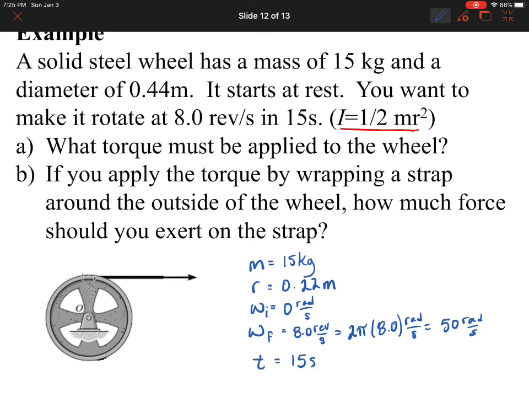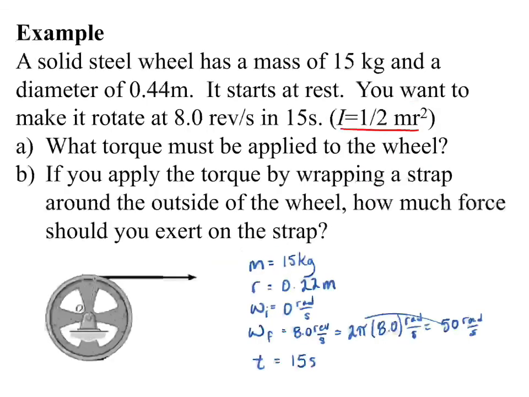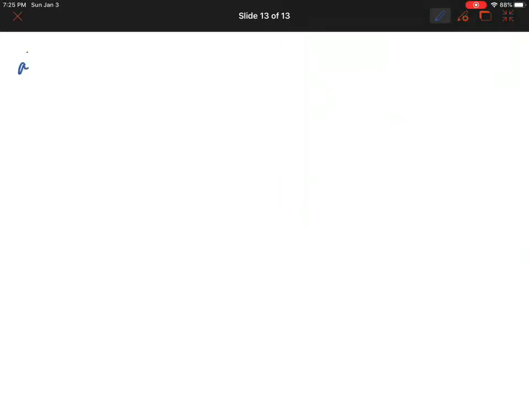Okay, so we want to know, what torque must be applied to the wheel. If we look back at this last page, we see torque is equal to rotational inertia times angular acceleration. We don't have any of those, so isn't that fun? But it looks like we can find them pretty easily. How are we going to do that? Well, rotational inertia, we were given that, right? That was 1/2